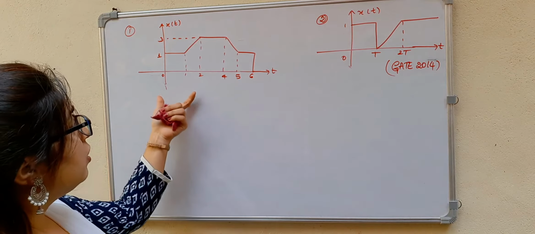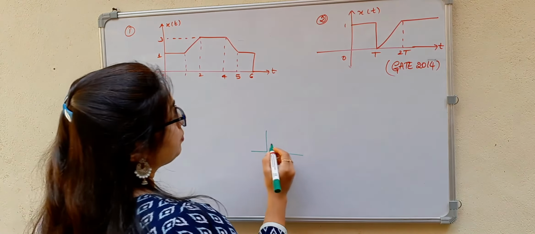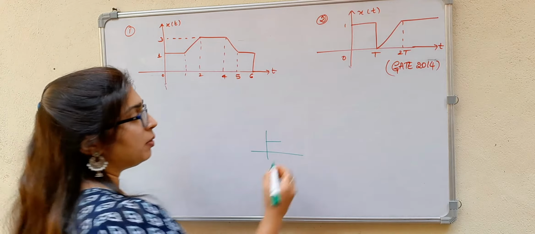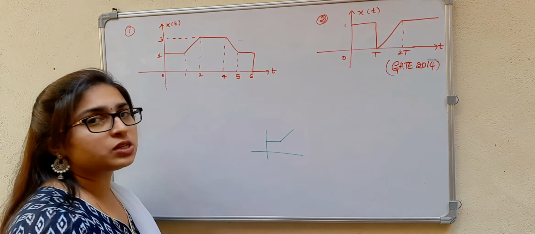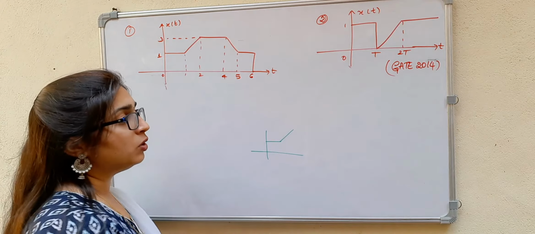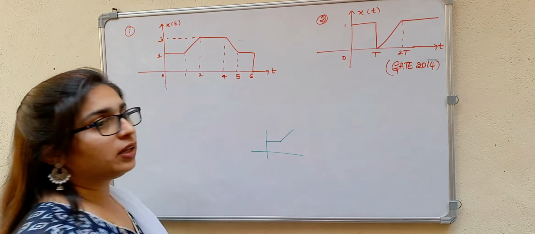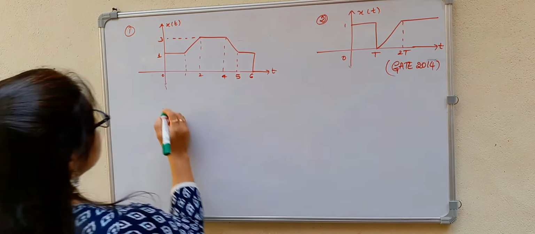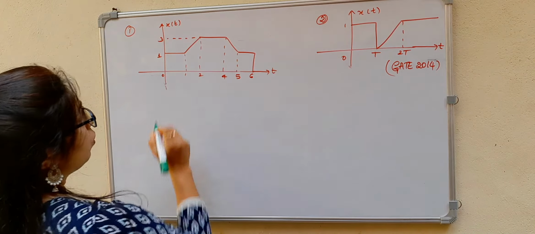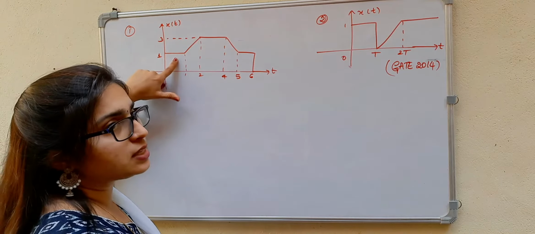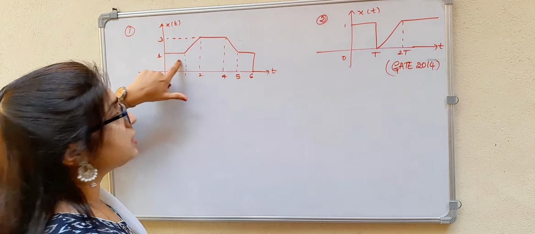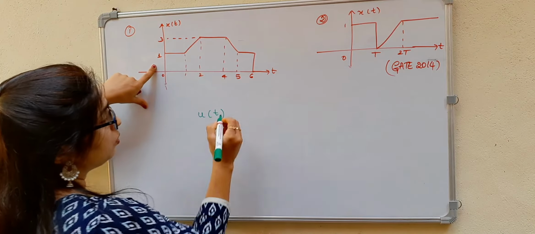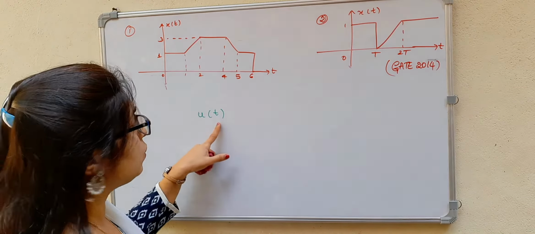See here we had a method: if you are having a horizontal line, that means it's a step, and if you are getting a sloped line like this, that means you are having a ramp. So you will be adding the ramps to get the slope. See here, at 0 you have a unit step. This is the step, not a ramp, so this is having slope 0. So you will be having u of t, which is starting at t is equal to 0.